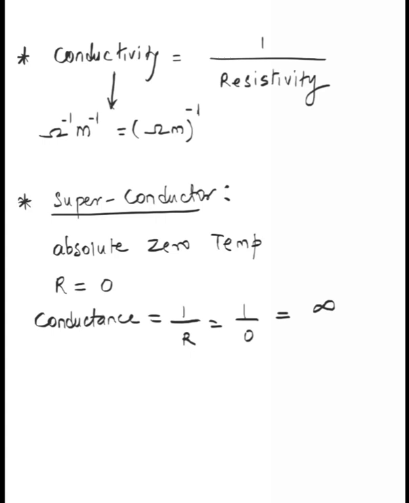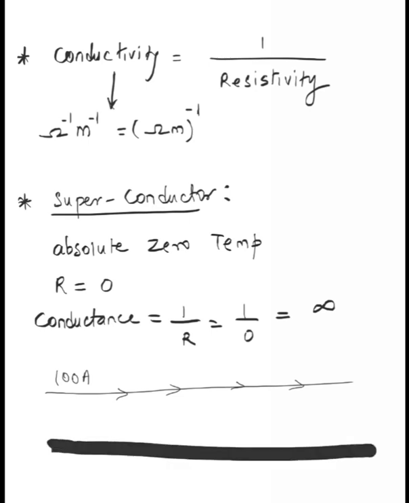Now, in superconductors, even if your wire is so thin, you can still pass even 100 ampere current through it. Why? Because there is no resistance. There is nothing going to stop the current inside. That's why. Otherwise, you would need a very thick wire to pass the current. Let's say, for example, I need a wire that thick to pass 100 ampere current generally. But with a superconductor, such a thin wire is good enough to let it pass.